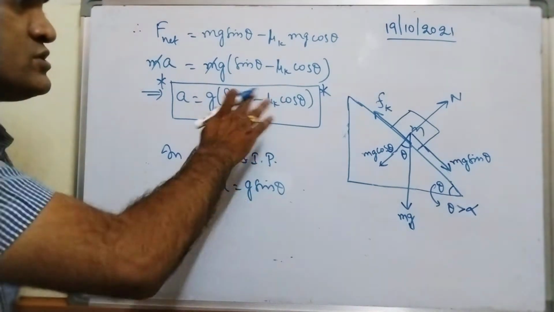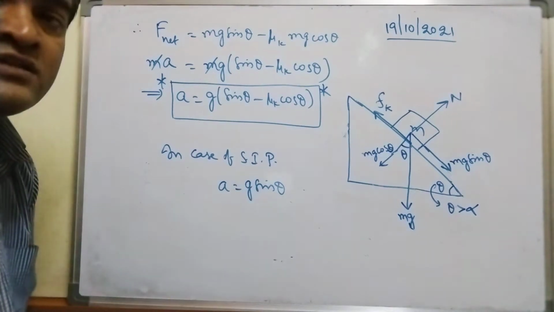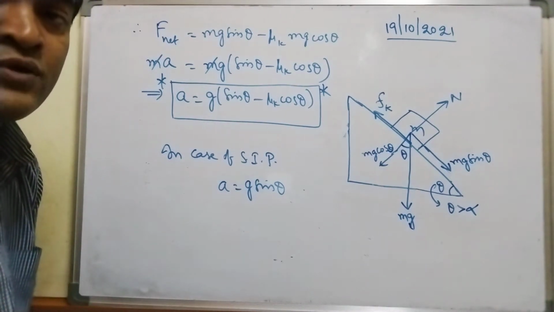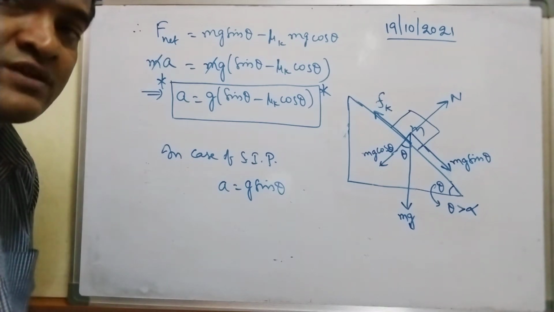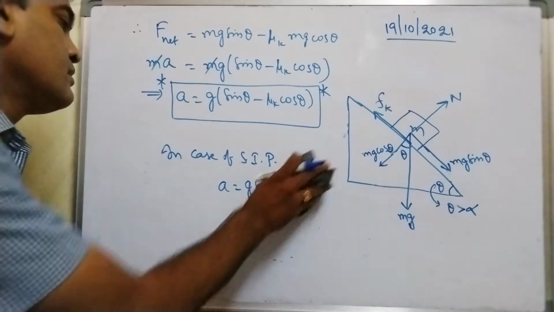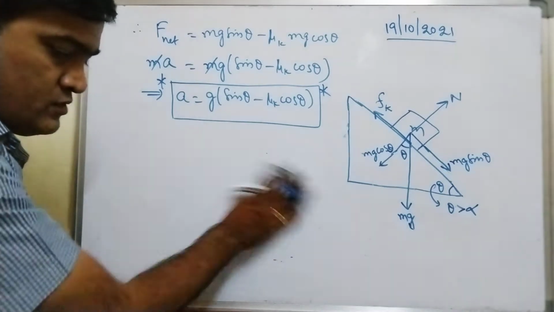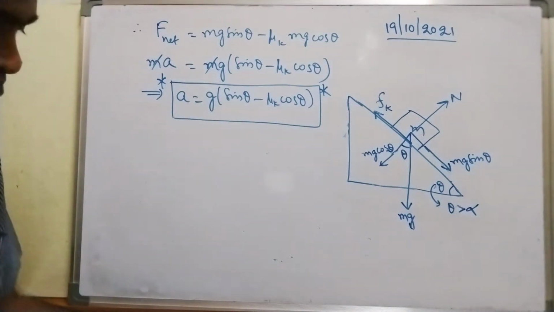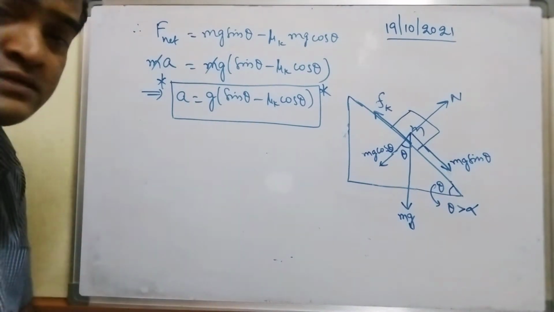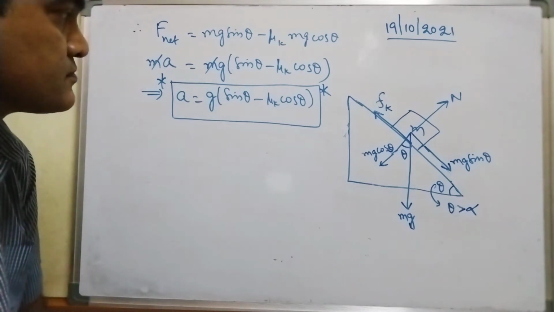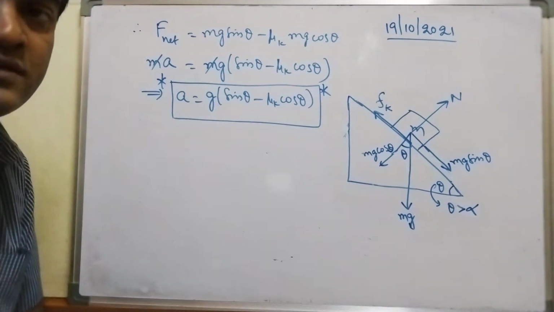Anyways, once you remember all these formulas, you can write the formulas for a smooth inclined plane easily, provided you remember all the formulas in the case of a rough inclined plane. Very important. Remember this. This is the formula for acceleration, the net acceleration.